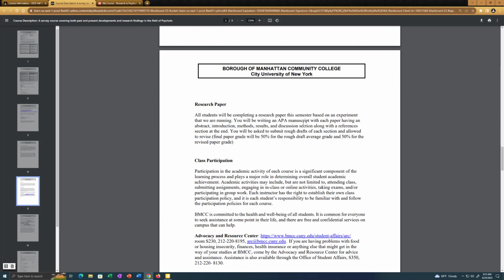Every time we're going to do a section of the paper, there's going to be a video. There's going to be a video about how to write the intro, a video about the method, the discussion, and then of course the title, abstract, and references. I'll talk more about the project in these videos, so you'll have plenty of background. I make videos for everything. That way you should be on the same page.